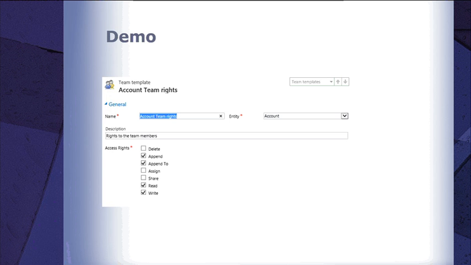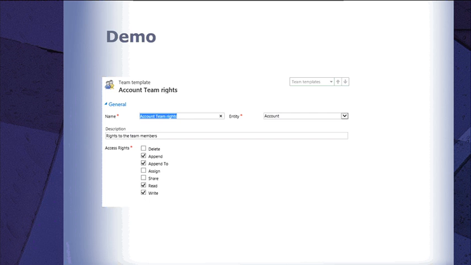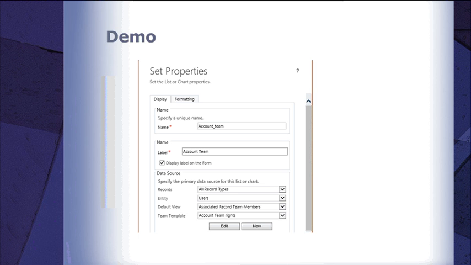I can have another account managers team and provide them with the delete, assign, and share rights as well. And then when placing these, we are supposed to place a grid on the form. We'll see how it is done. Let me proceed. So once you've created the team, you're supposed to place a subgrid on the form, and decide